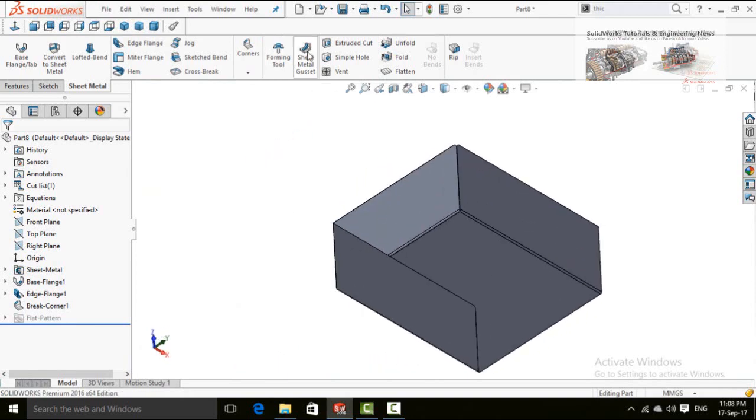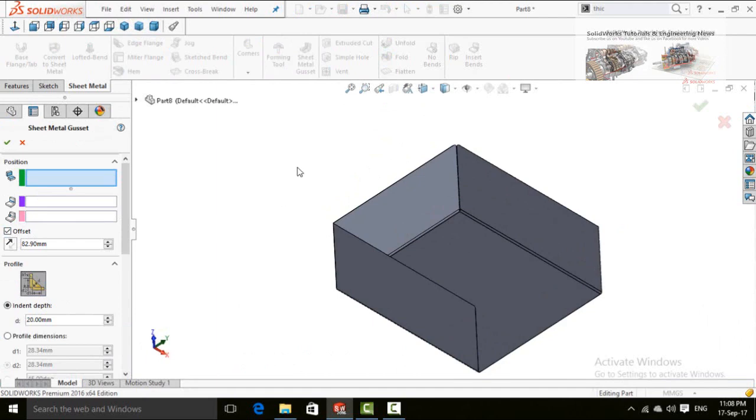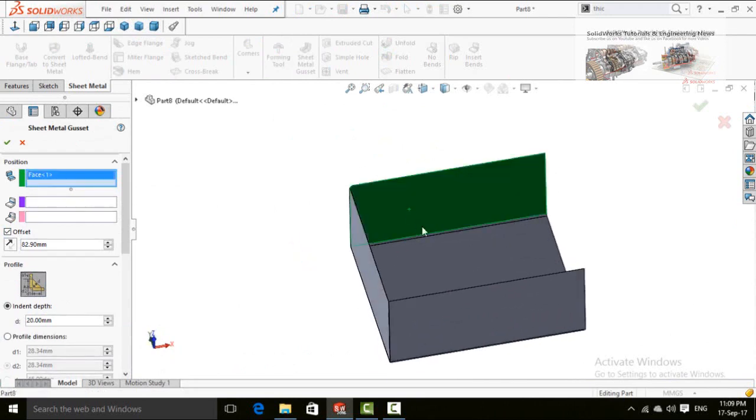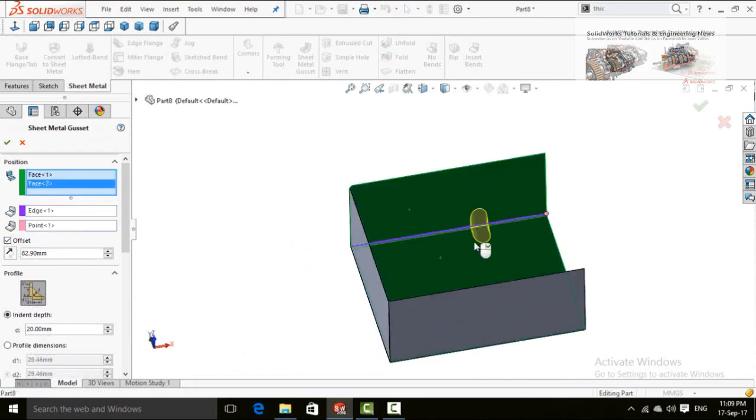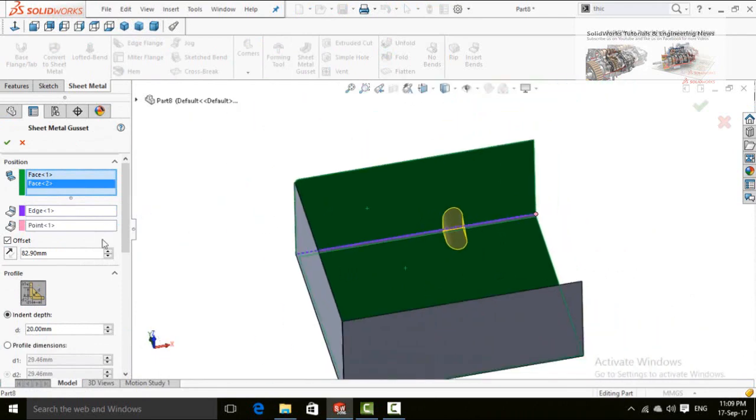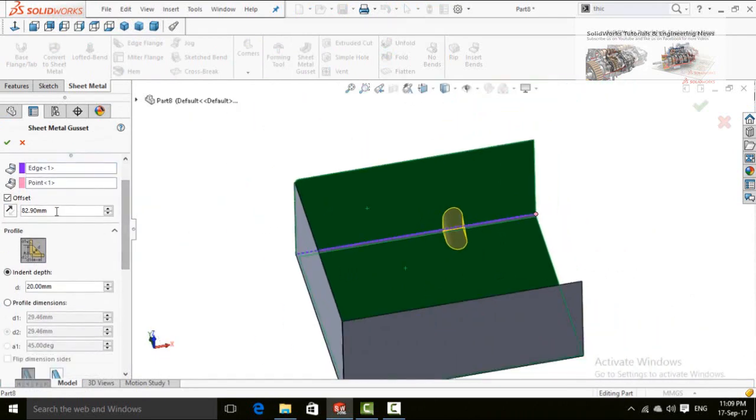Now we have sheet metal gussets, so click on it. Select two faces, supporting faces, face 1 and then face 2. Now you can see the gusset has been automatically created. If you scroll down, these are the distances from this reference point.